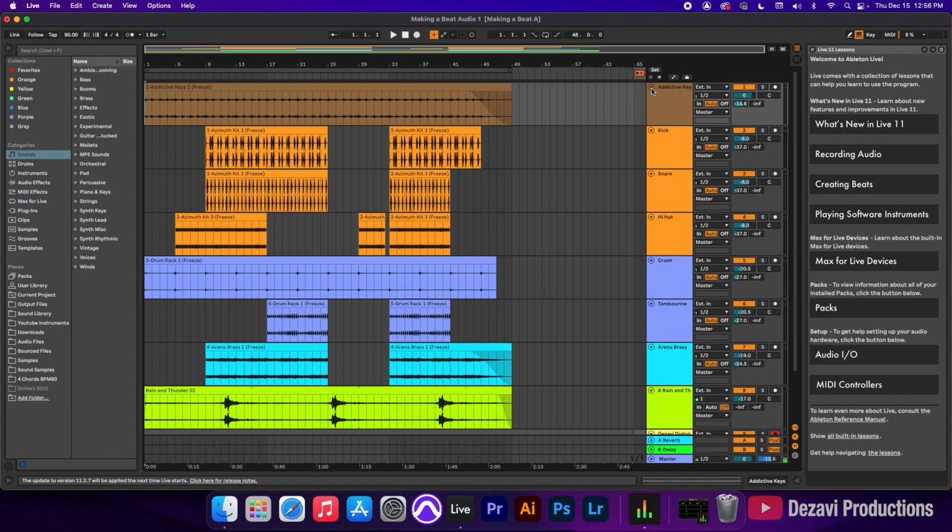and because today's tutorial is for beginners, we'll be using the stock plugins from Ableton that are available to everyone. One thing that I really want to emphasize is that you don't need expensive plugins for you to get a good mix. You can create a great mix using the stock plugins as long as you know how to use them. So with that being said, we're going to get started by cleaning up the instruments individually, starting